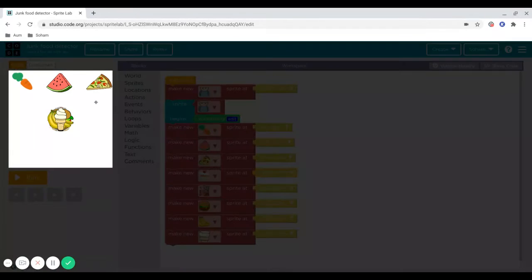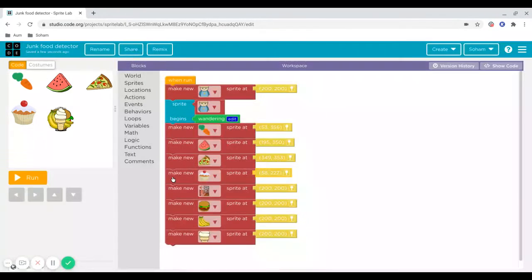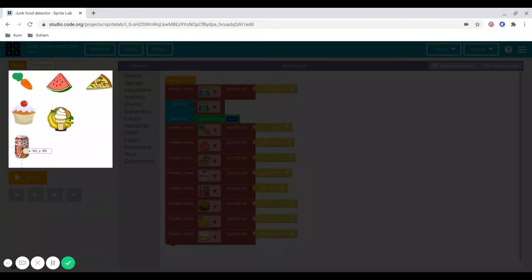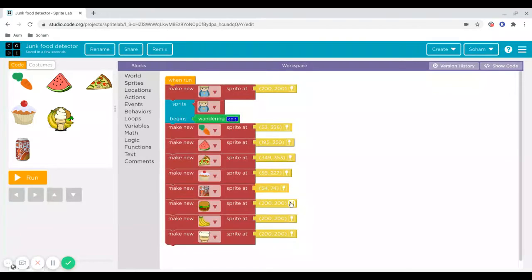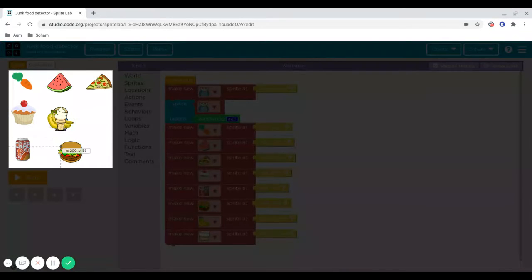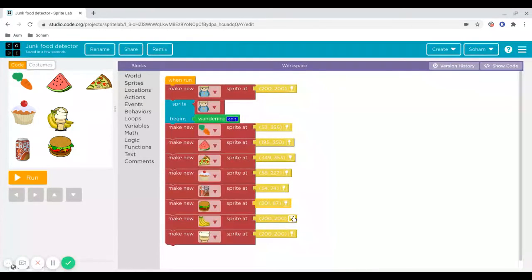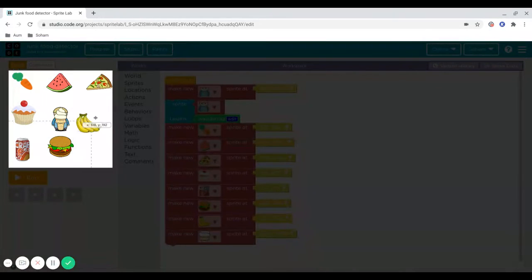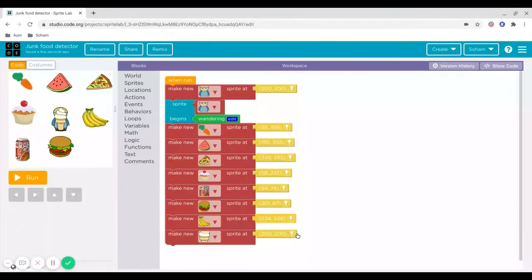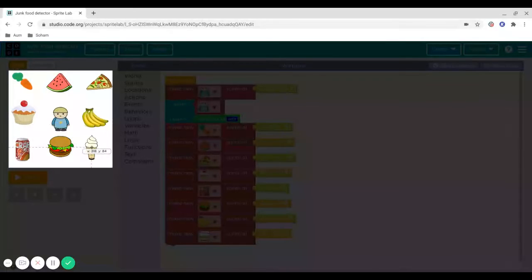So now let's change the cupcake to be here, the Krabby drink here, hamburger or cheeseburger there. Now bananas,